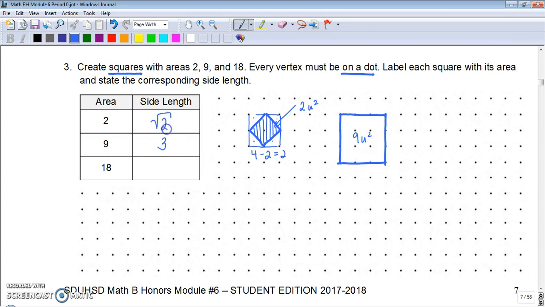And that would mean this side length is the inverse operation of squaring, which is square rooting. And that would mean that this diagonal side is root 2 units. And 18 is going to be